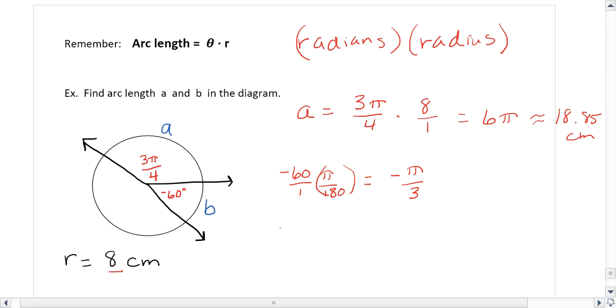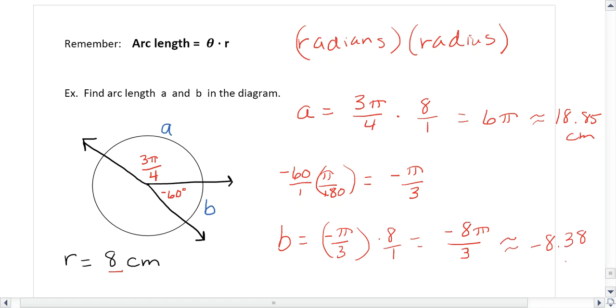Now we can find the arc length B. We have radians times radius. So I have negative pi over 3 times the radius of 8. I'll put it over 1. That gives me negative 8 pi over 3. And again, if you did the decimal approximation by using the pi key on your calculator, it's approximately equal to negative